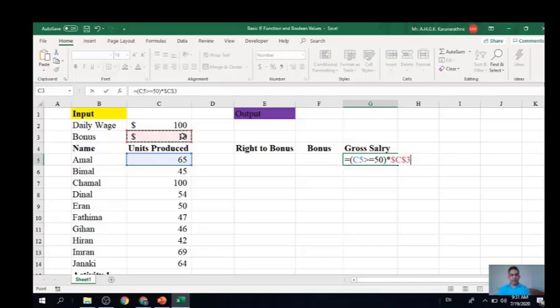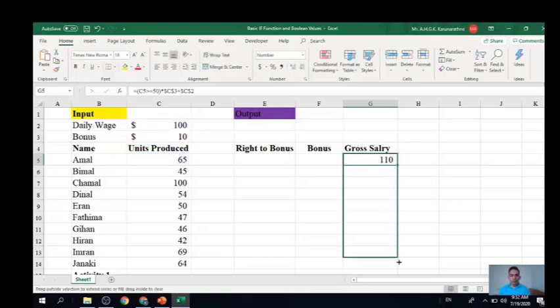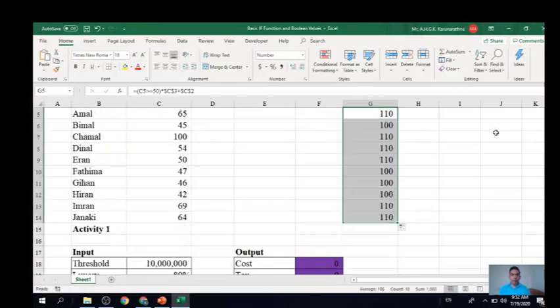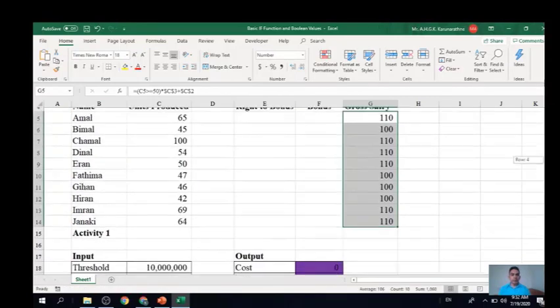So far you compute the bonus only, then to the bonus you can add basic salary and make it fixed. Close the bracket. If you don't need to close the bracket, you just enter. You can see gross salary is computed, right? You can see it works, right?